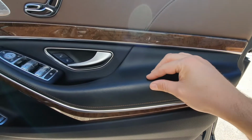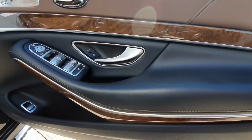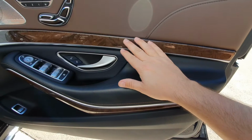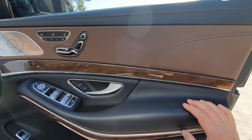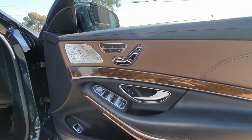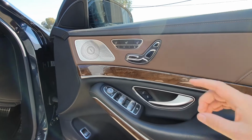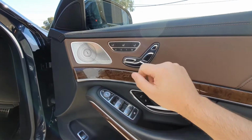As you can see, very, very little wear and tear, as you can see on the camera here. And that interior with that dash trimming is simply stunning. Whoever had this car brand new made the right option in choosing this color scheme. Very unique, very different. So as you would expect on an S-Class, you do get full powered and memory seats,